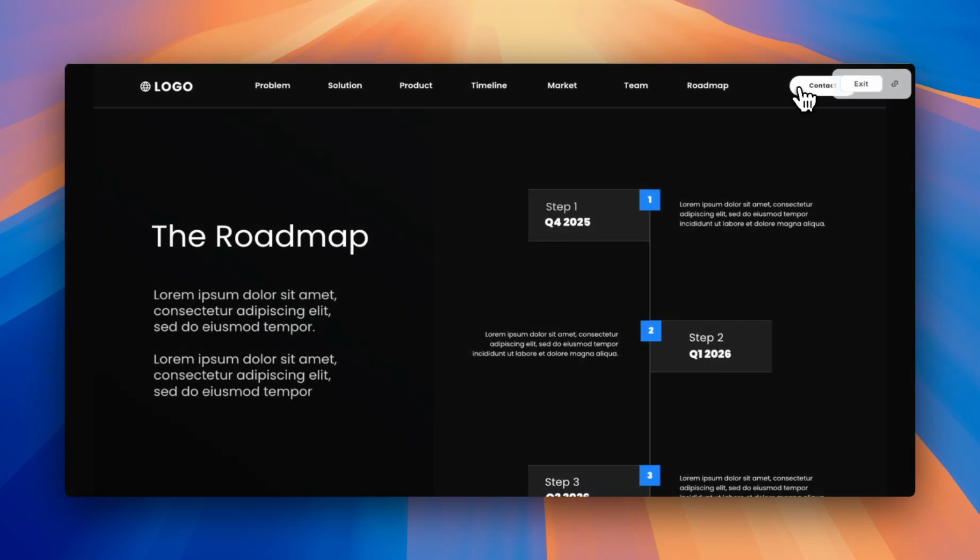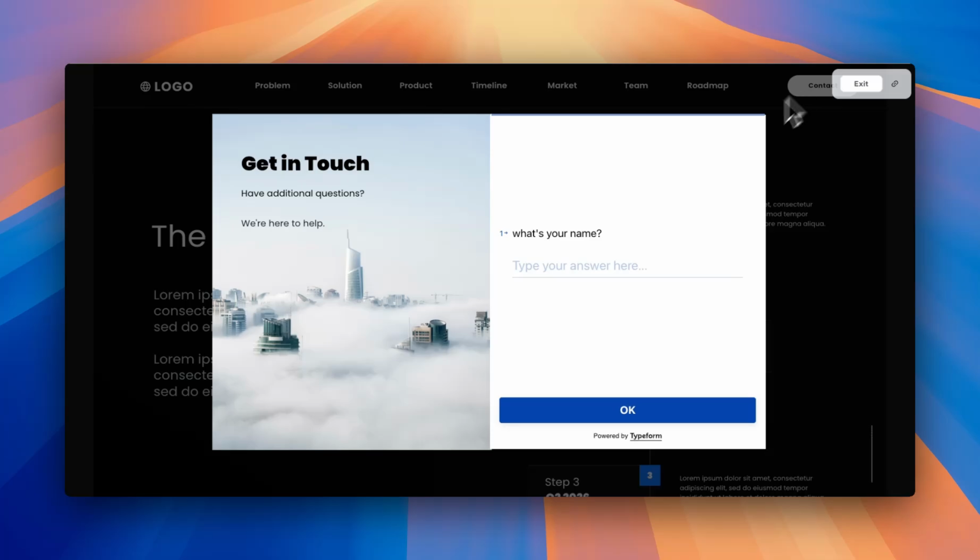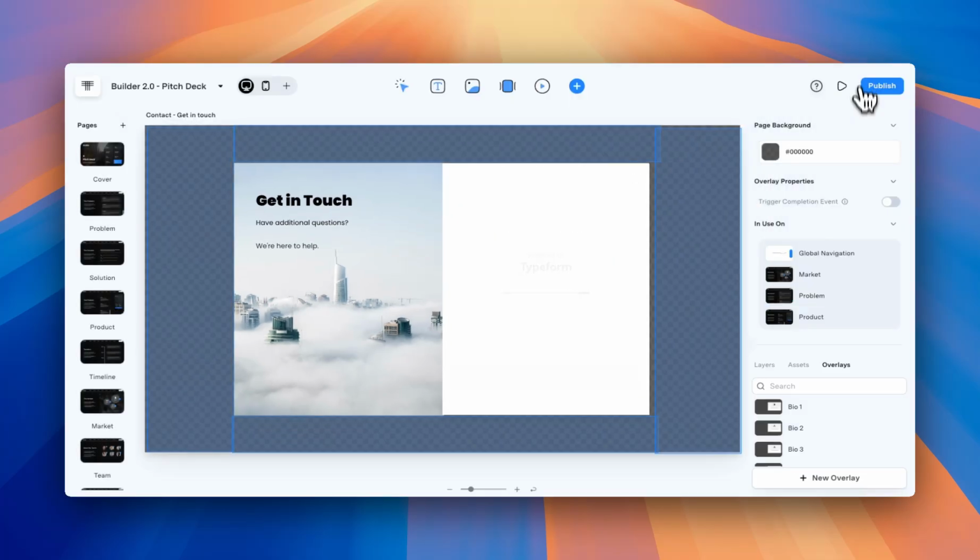We've got a contact button in the upper right-hand corner. This launches an overlay or a pop-up, and you'll see that within that, we've got a contact form from Typeform embedded right in. In order to achieve this, all you need to do is go to your page or your